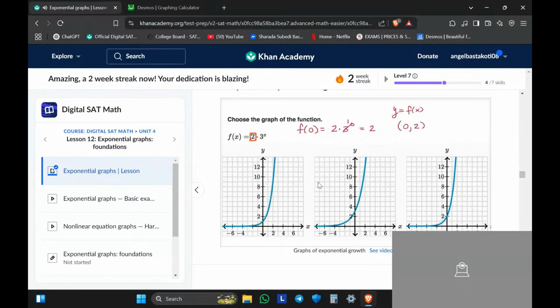Well, here the y-intercept looks like 1, here the y-intercept looks like 3, here the y-intercept is 2. So just through elimination, through that alone, we can feel pretty good that this third graph works. Every time you increase x by 1, you're going to be taking 3 to a power. This number 3 is often referred to as a common ratio. And that's because every time you increase